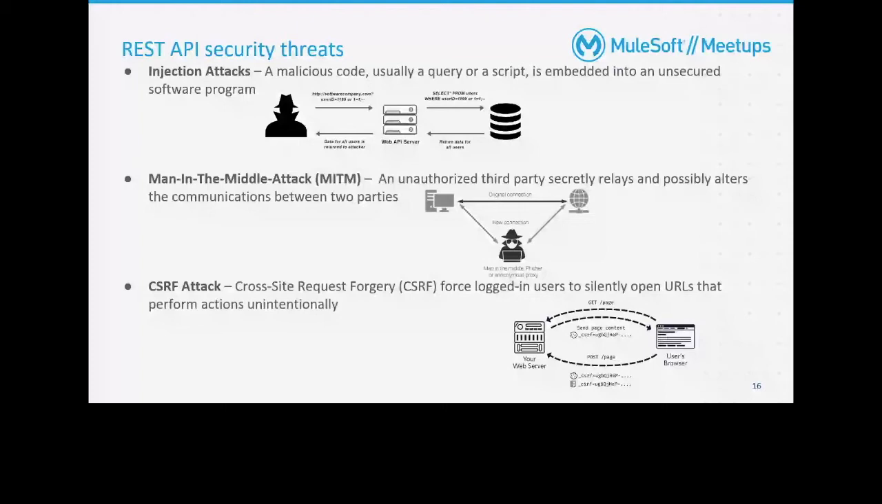And then you have cross-site request forgery attack. So this usually would be some sort of code, or making users open URLs, or even send requests without them knowing that they did something unintentionally. What it means here is